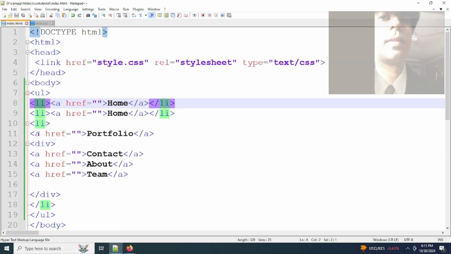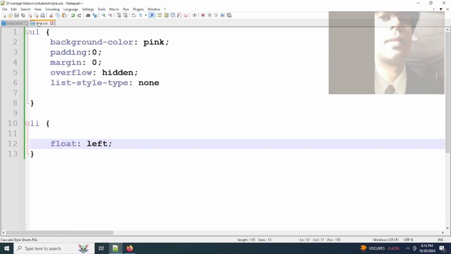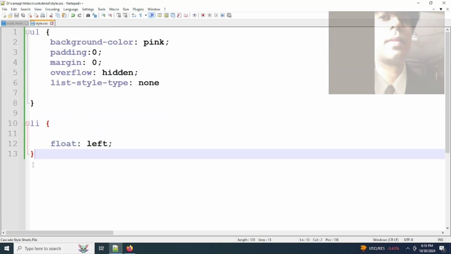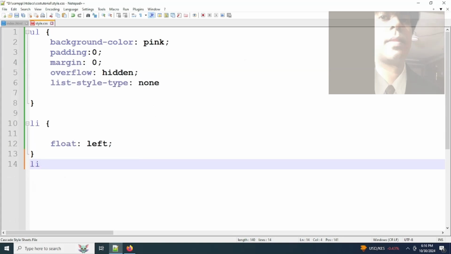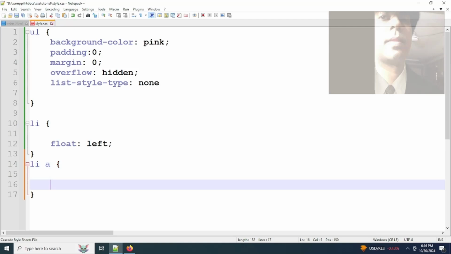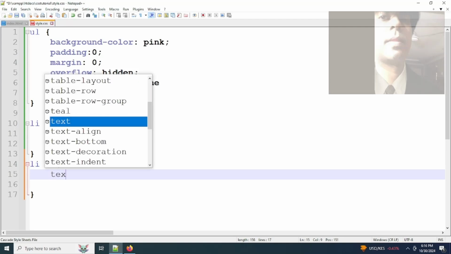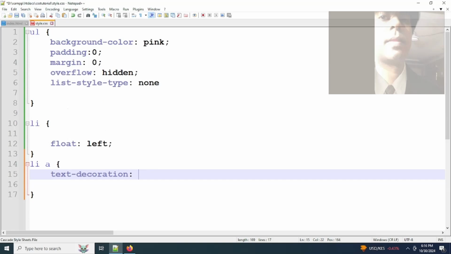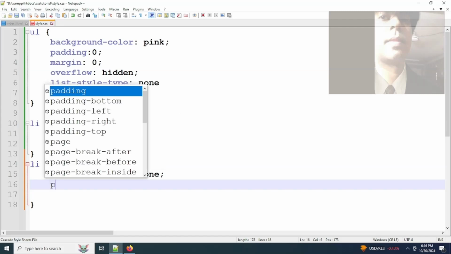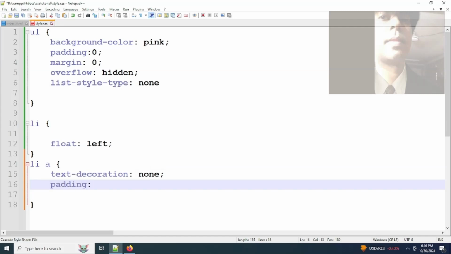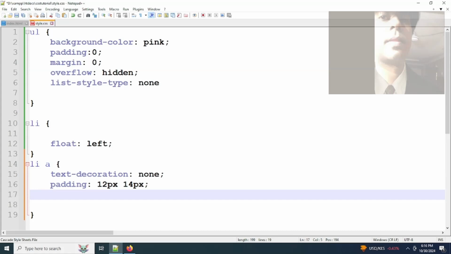li tag and a tag. Underneath the li selector, we will use the li selector and a selector. Open curly braces and close curly braces. In between curly braces, we will use text decoration colon none semicolon, and after that we will use padding colon 12px and 14px semicolon. After that we will use text align colon center